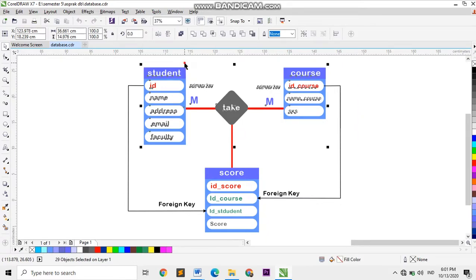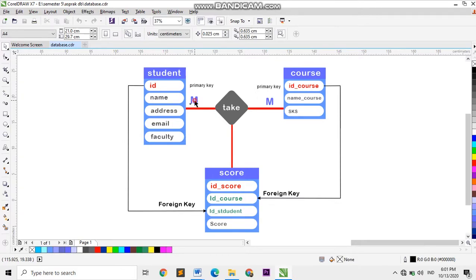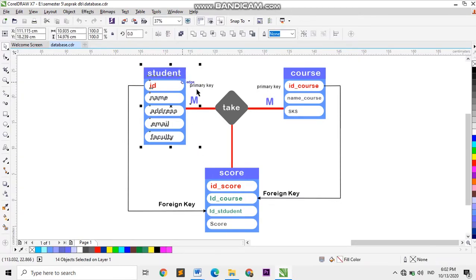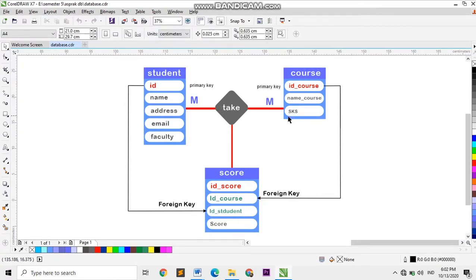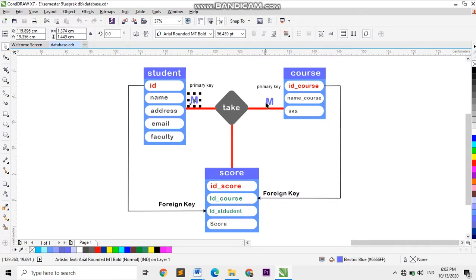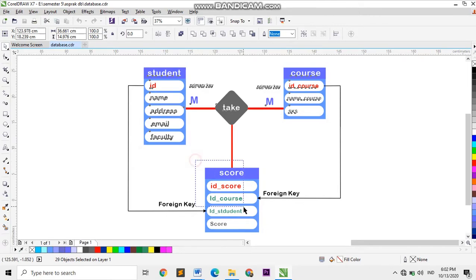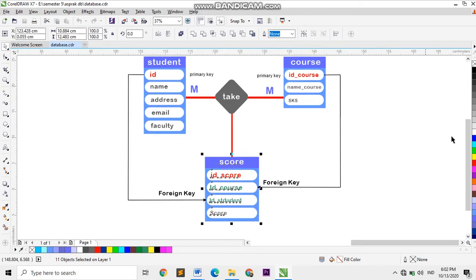So this relationship is many-to-many because a student can take many courses and a course can be taken by many students, and because it is many-to-many, this relationship will create a new table, the score table.